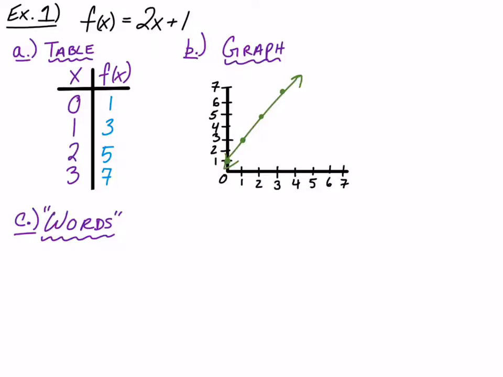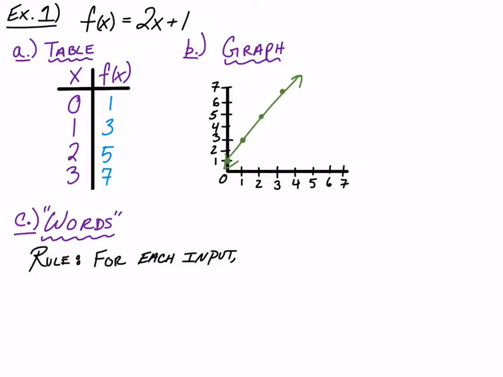So a function is really a rule. So what is the rule? When we plug in an x value, what happens to it? What's the rule that it has to follow? Okay, so for this function, the rule is for each input, for each x value that we plug in,